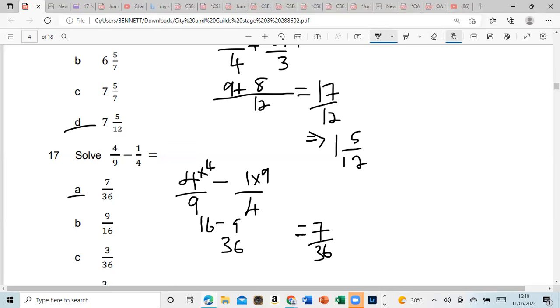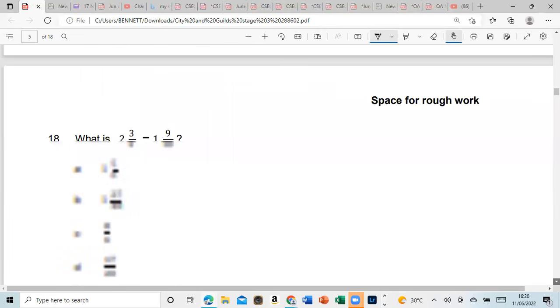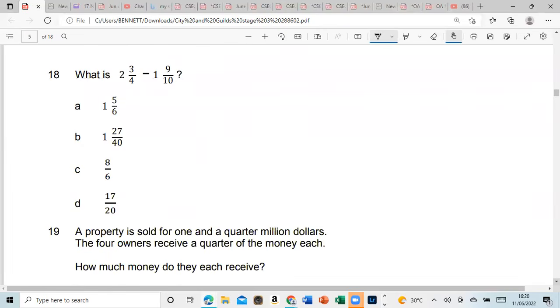I don't want to do this in 2 parts. I just want to finish the entire paper. What is 2 and 3 quarters minus 1 and 9/10? Alright, now let's do it. This is the long way. 2 times 4 is 8 and